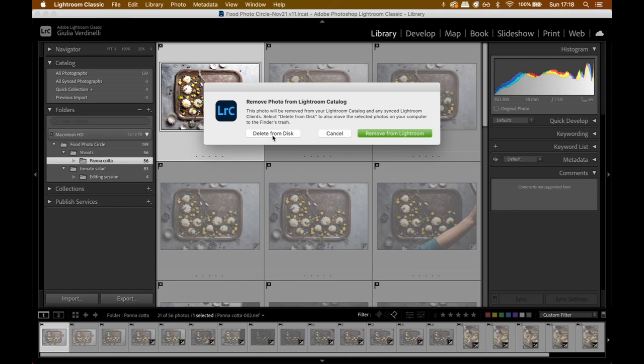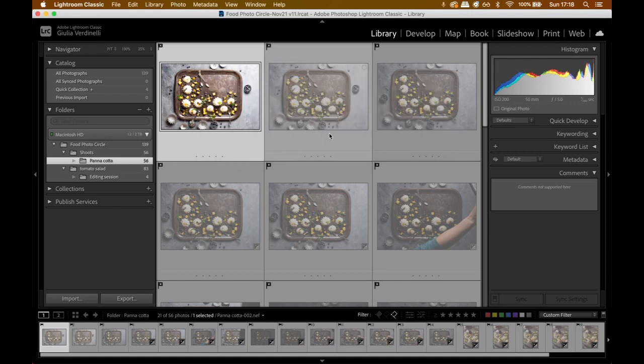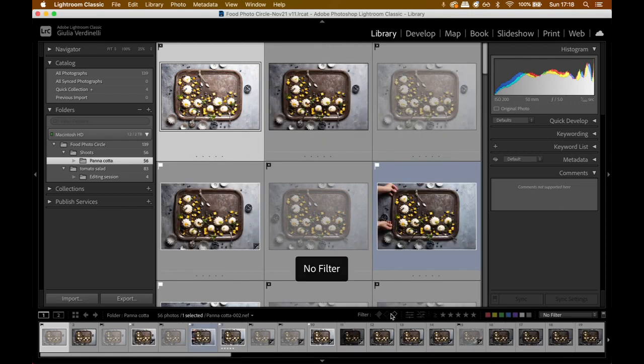Now, this is drastic. If you delete them from disk, it's quite a drastic move. So make sure that you have backed up the selects and make sure that these are really the images that you want to delete. Because if you have images that you're not too sure about, as in you don't want to delete them, but they're not selects either,